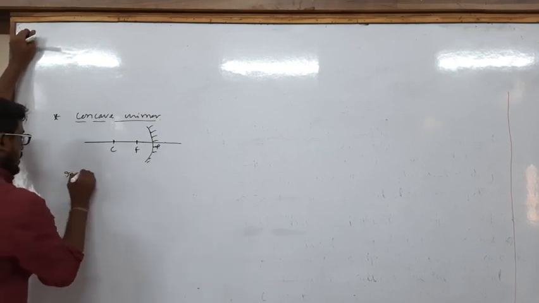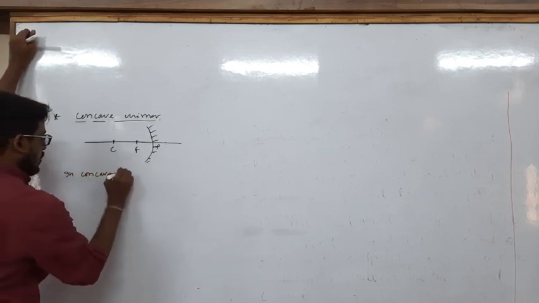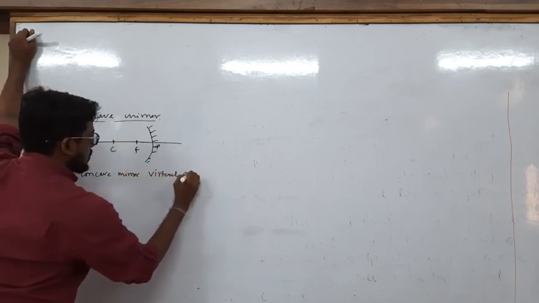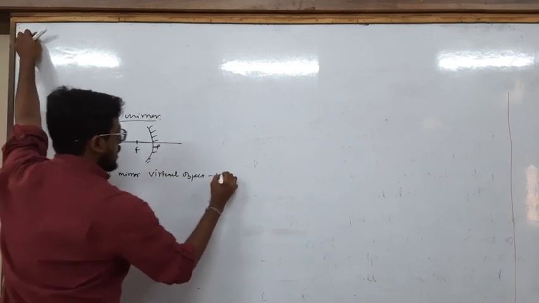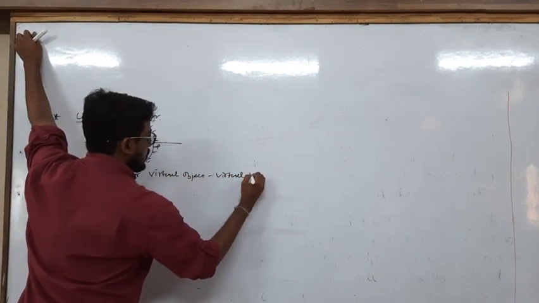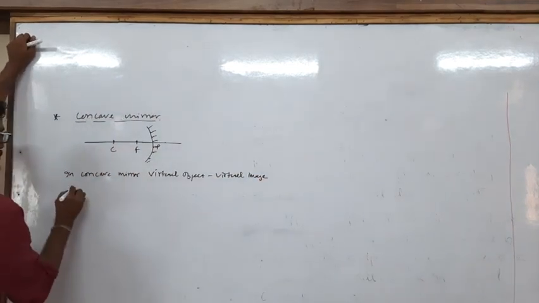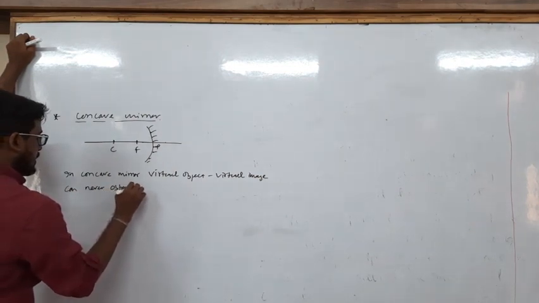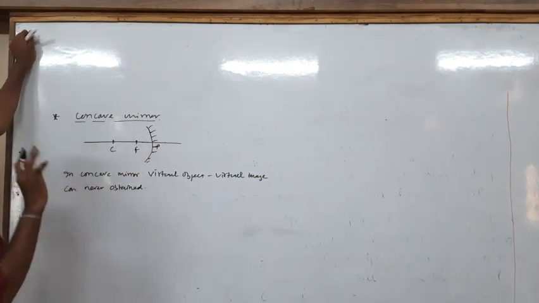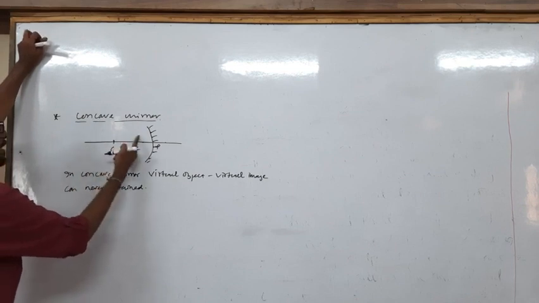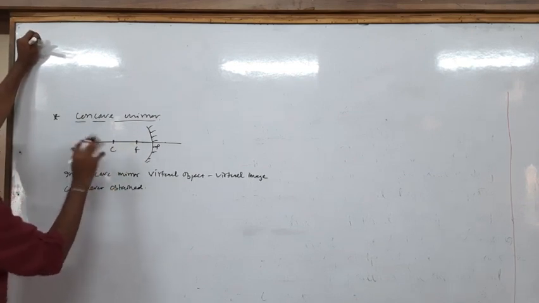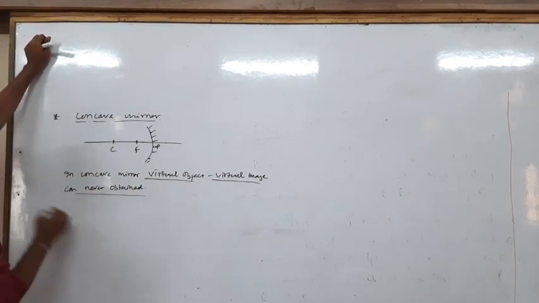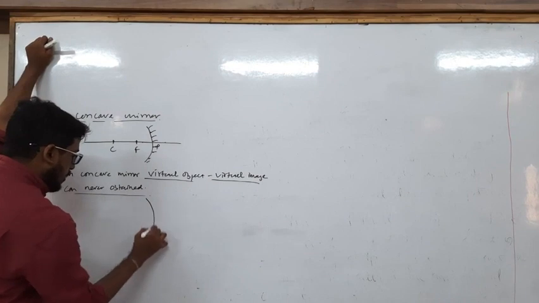So in a concave mirror, a virtual object and virtual image can never be obtained, but a real object and real image can be obtained, because if the object is at C, the image will be within F and C. So a real object and real image can be obtained, but a virtual object and virtual image can never be obtained. Similarly in case of a convex mirror,